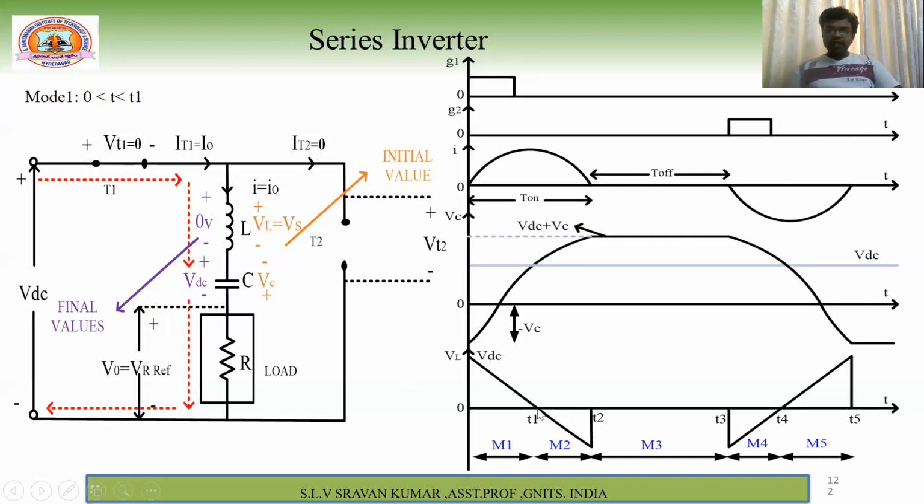At the instant of t1, what is the current here? Maximum value. The current cannot reach zero here, though the voltages are the same, because the inductor does not allow sudden changes in current. Due to this, you still have maximum current. So even though both voltages are the same, because the current is maximum, your SCR T1 will not turn